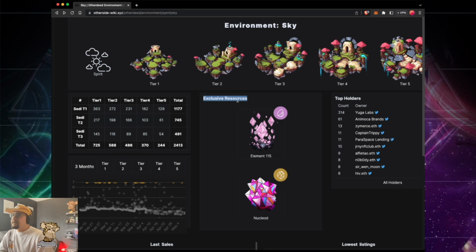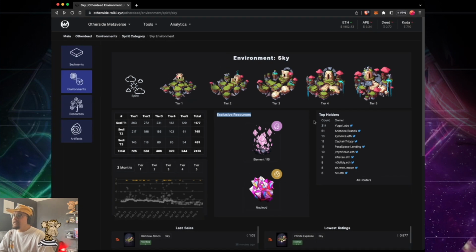In the sky environment, element 115 is exclusive to that, as well as nucleoid. And then you'll have the colors separated, so you'll know, like, if it's light pink, it's anema. If it's this orange or yellowish color, it's ore. And so these exclusive resources show up in each environment, along with some of the data that you'll be able